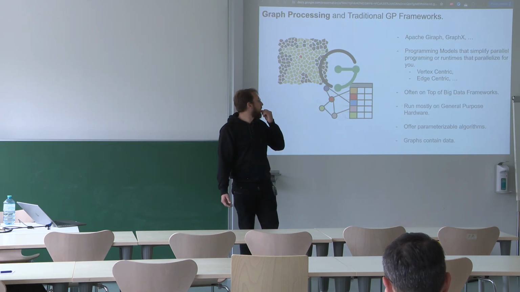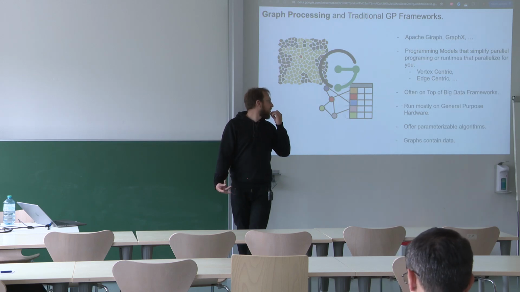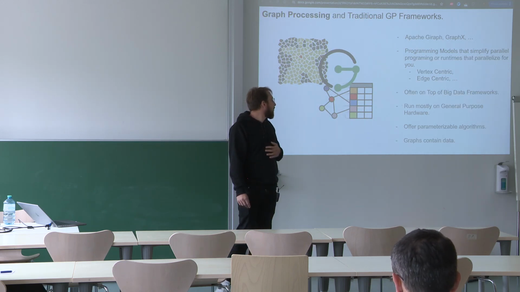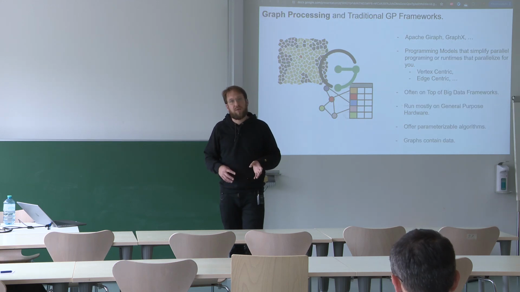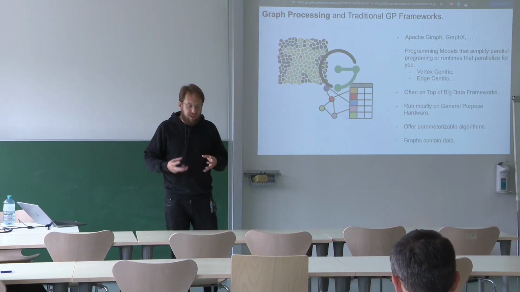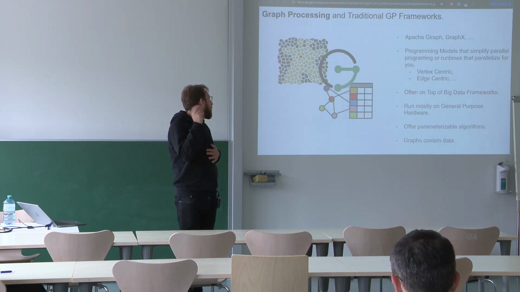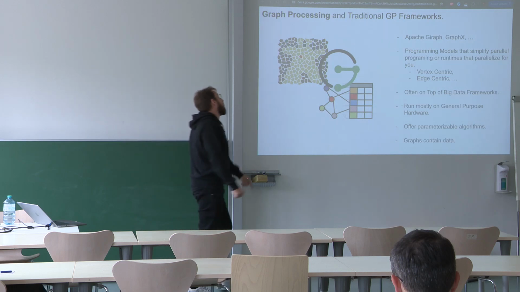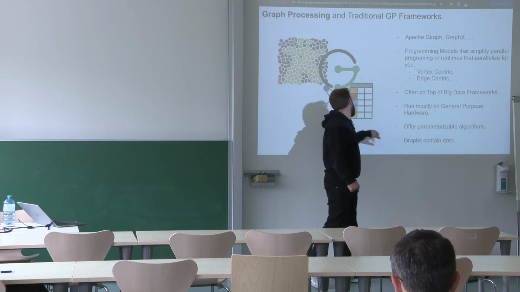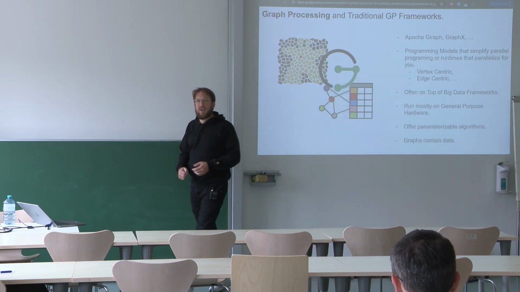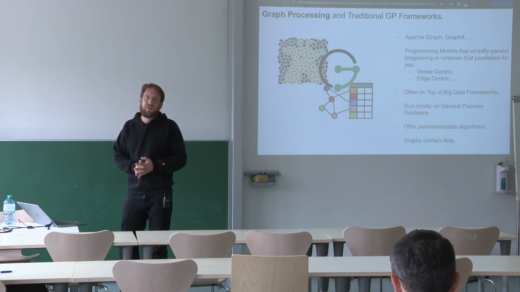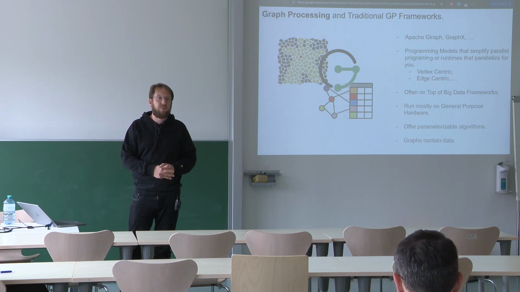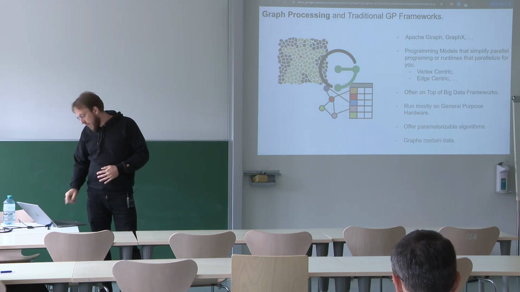People usually don't develop algorithms there. In machine learning with graphs, you have this collection of algorithms that are actually parallelizable, parameterizable. So you just put things in there and they run. And very importantly, graphs contain data, right? So there are actual labels in the vertices and in the edges. A vertex can be a user in a social network with all its properties and things like that, right?